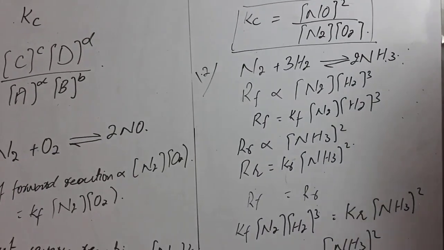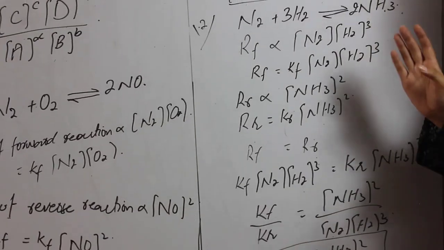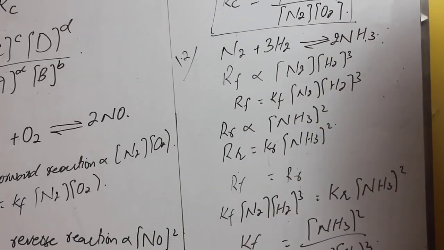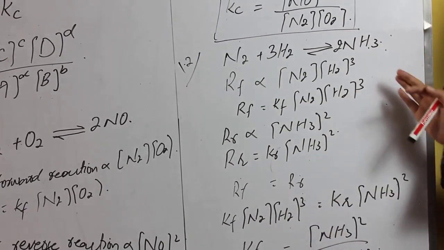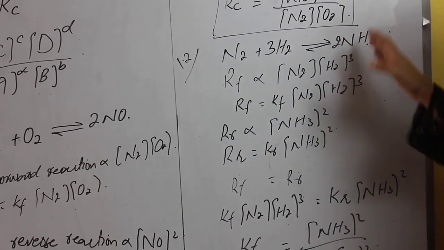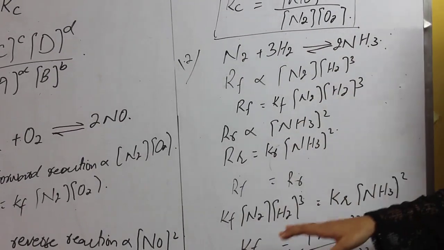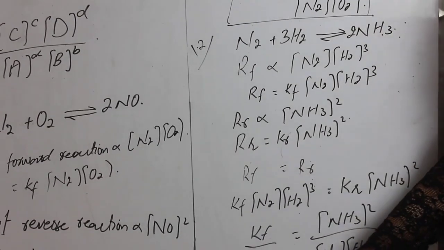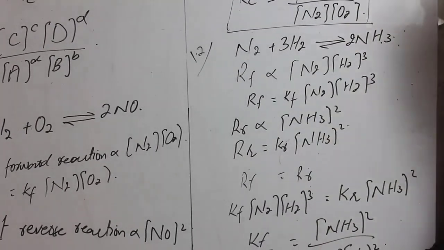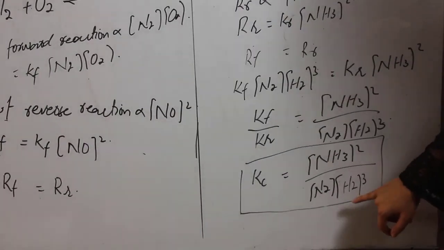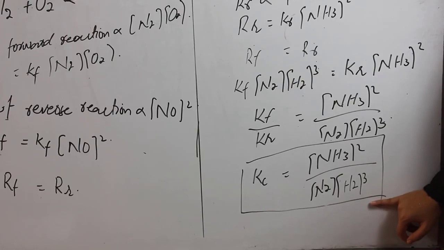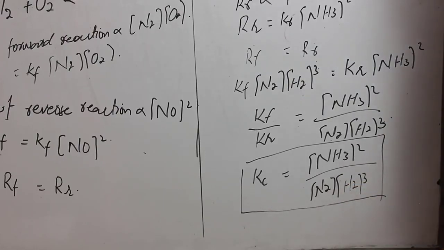Okay, and the next example is when nitrogen reacts with hydrogen for the formation of ammonia. 1 mole of nitrogen reacts with 3 moles of hydrogen gas and forms 2 moles of ammonia. First, we calculate the rate of the forward reaction, then the rate of the reverse reaction, and at equilibrium we put in their values. Calculate the equilibrium constant: Kc is equal to ammonia with 2 moles, divided by nitrogen with only 1 mole and hydrogen with 3 moles, that is why the coefficient 3 is put on the active mass of the reactants.